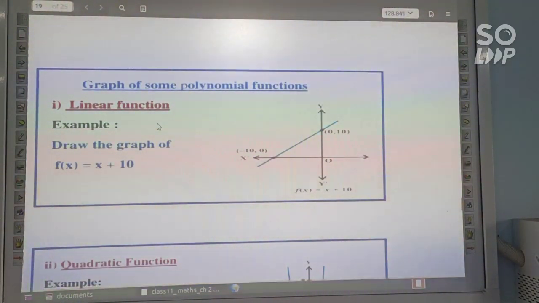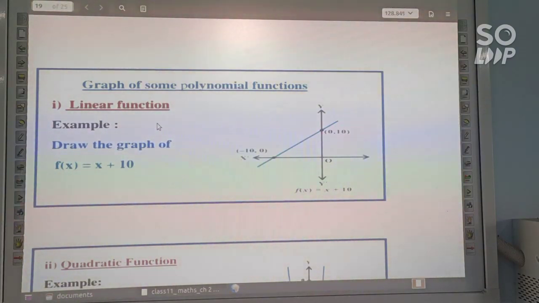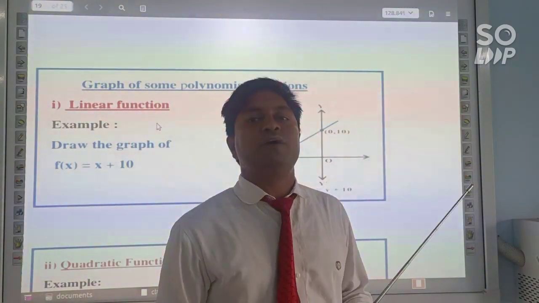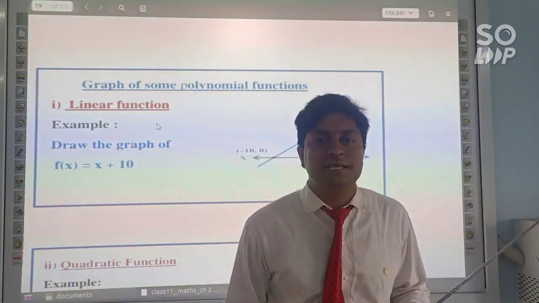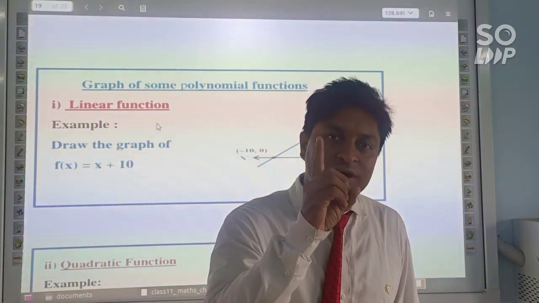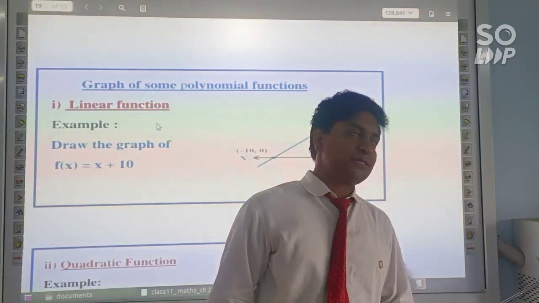Graph of some polynomial function. First is the linear function. We know that a linear equation is in the form of ax plus by plus c. If the power of the variable is equal to 1, then we say that this is a linear equation. So,